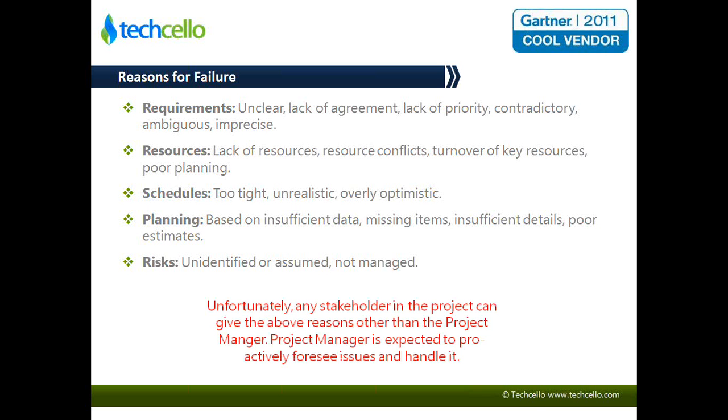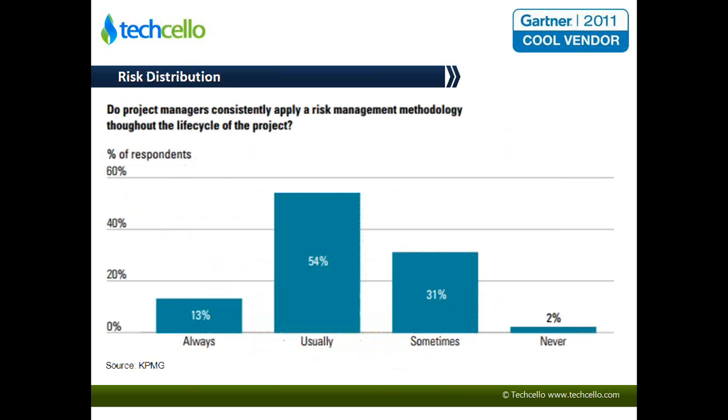Now, the point is, particularly for project managers, they don't have the luxury to state any of these reasons, right? They are there to proactively manage these issues, being able to identify these things, sense these problems ahead of time, plan for it, and then make the project successful, right? Now, how do they do it? So the best way to be proactive is to have a strong risk management